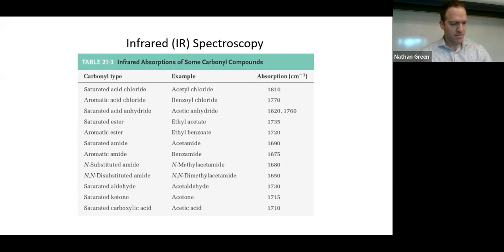There is a table I've put up here that'll show you anywhere from 1700 to 1800. Look at all the different types of groups that can be on there. These are posted on Blackboard too, if you want. So if you see a carbonyl in there, that's helpful. You know it's a carbonyl, but beyond that, you're going to have to use your imagination when you get to the NMR. So let's talk about